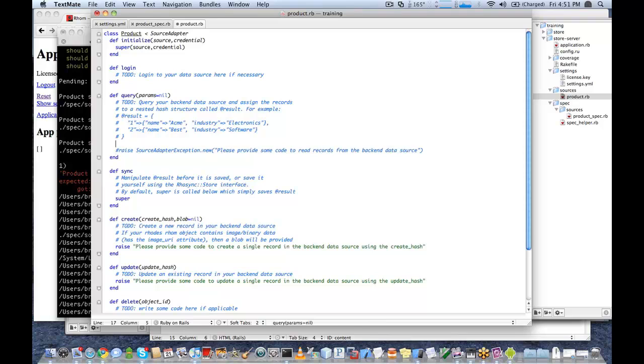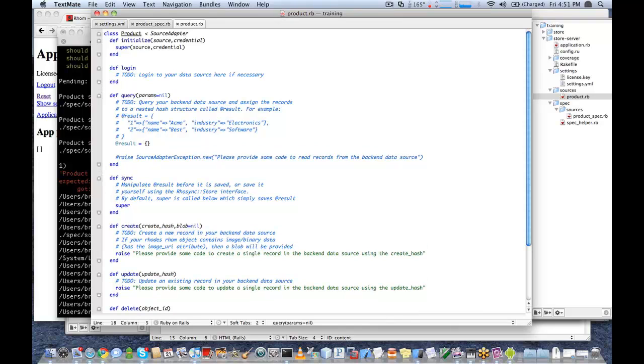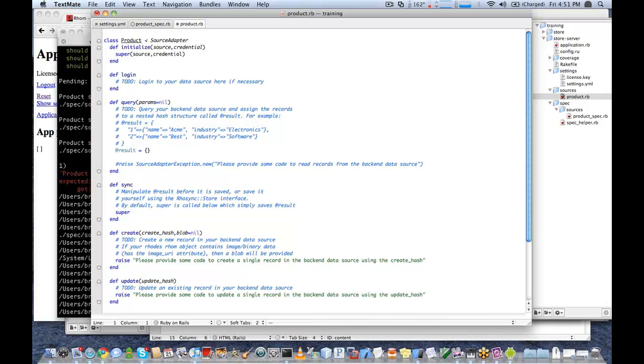To implement the query method in RhoSync is very simple. We just have to populate an @result hash. To start with, I'm going to initialize it. And in this example, I'm going to use the REST client gem, which is a very useful gem for doing anything over HTTP, particularly REST services. So I'm going to require it there. And going to create a parsed variable, and I'm just going to parse the result of my